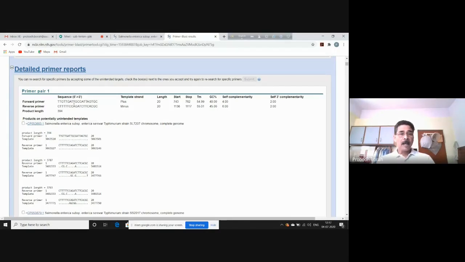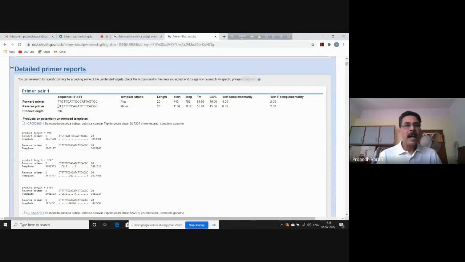Then we look at the sequences and other properties of the primer, like presence of runs, presence of dinucleotide repeats, or the GC clamp. For the GC clamp, in the last 5 nucleotides at the 3' end, there should be presence of 1 or 2 G or C. Up to 3 we can allow, more than 3 is not usually suitable. So here the forward primer is okay, there are 3 G or C, but in the reverse primer there are 4 G or C. Not a very ideal property.